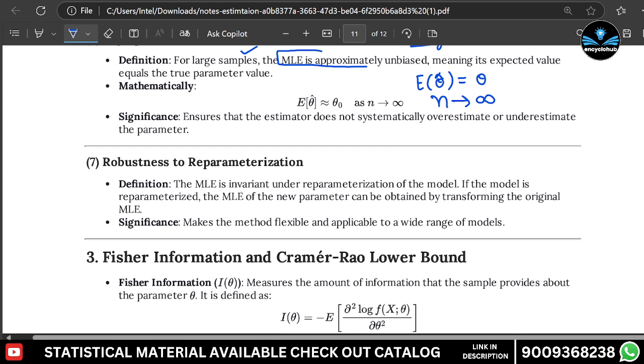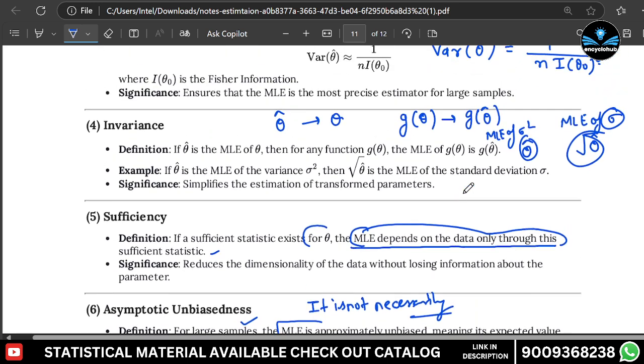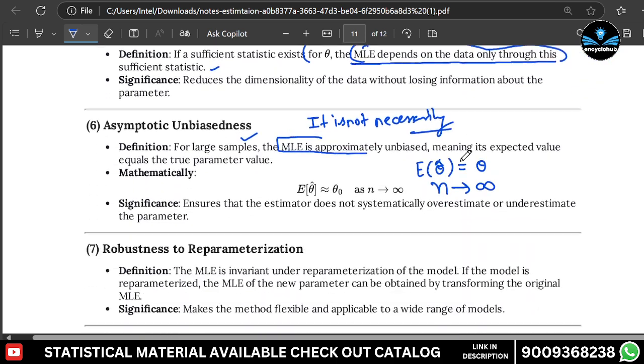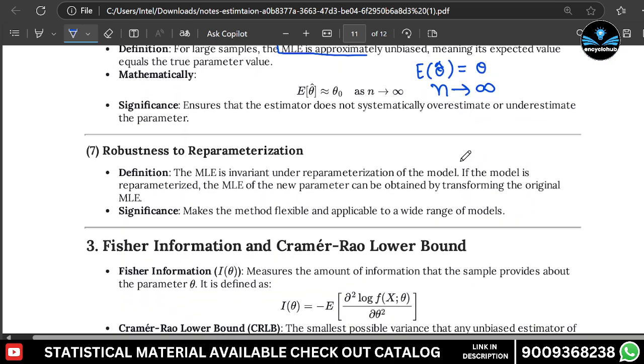Actually, we have discussed this invariance property in the previous one. So this can be transformed from the original MLE, and this makes the method flexible and applicable to a wide